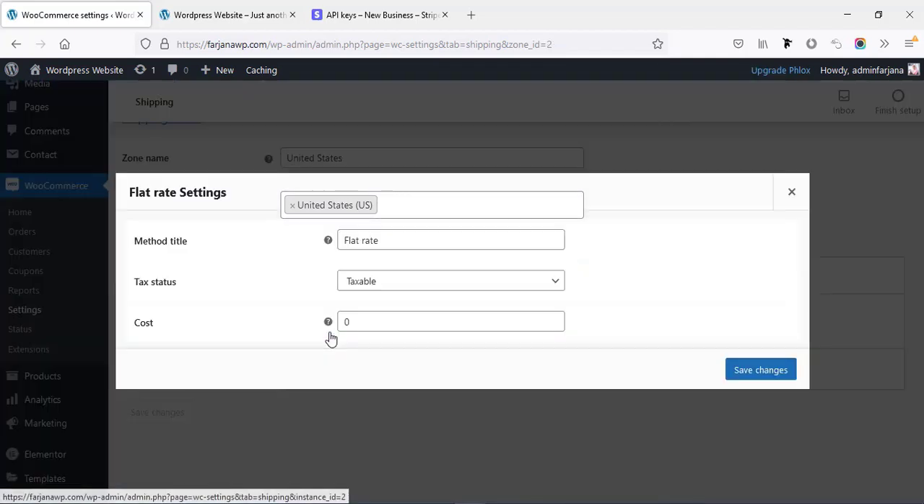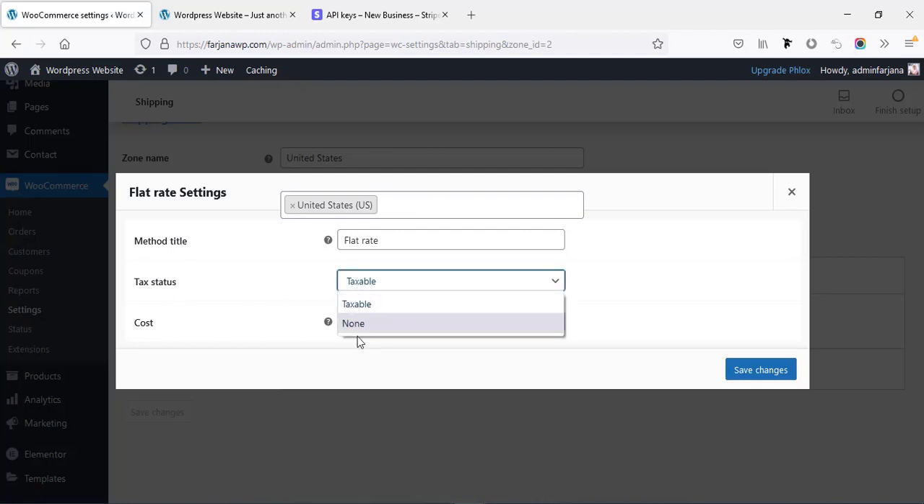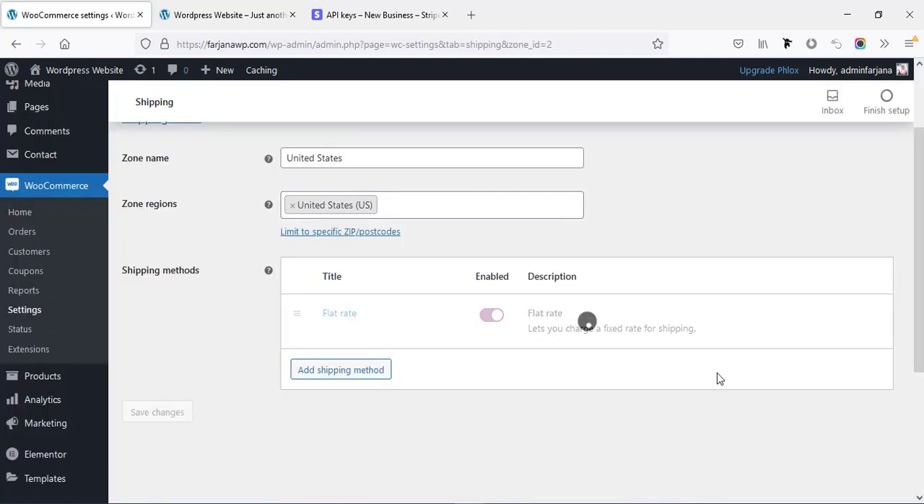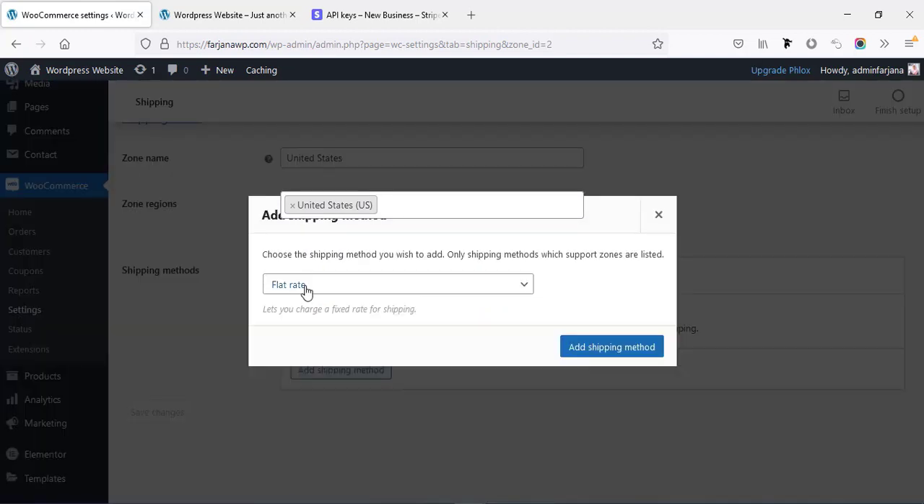And now going to edit, and here is the method title, flat rate, and tax status. It can be taxable or not. I'm leaving it as taxable. And cost, so this shipping cost will be the same $20 for all of the products. Now save changes. And now I'm going to add another shipping method, and this time I'm selecting the free shipping